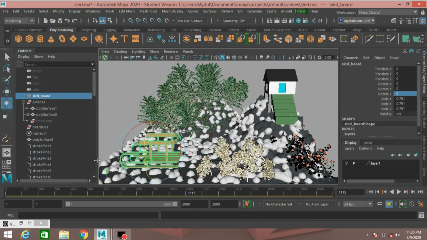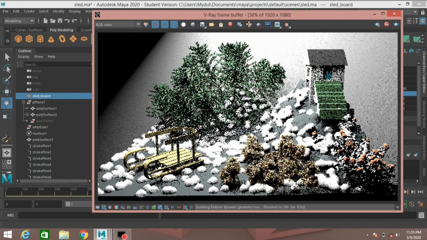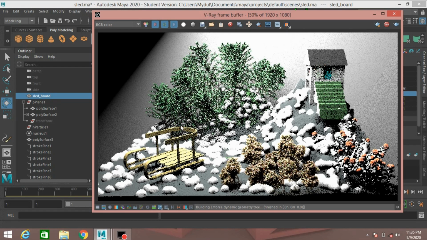Select the slate board and rotate it just like this, and now see the render view.